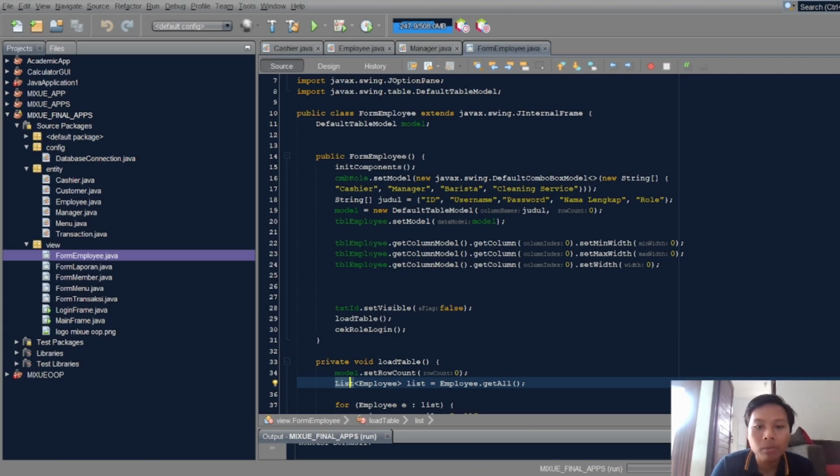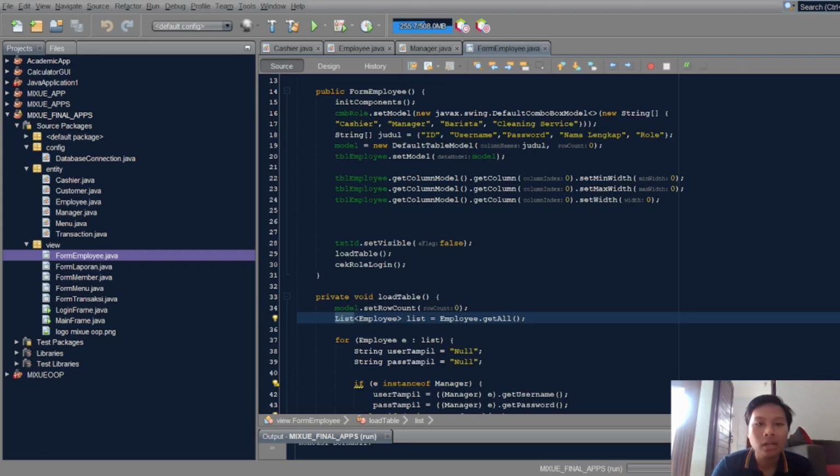Then table employee, these three lines are for setting the column index, that's actually for width, min width, and max width.